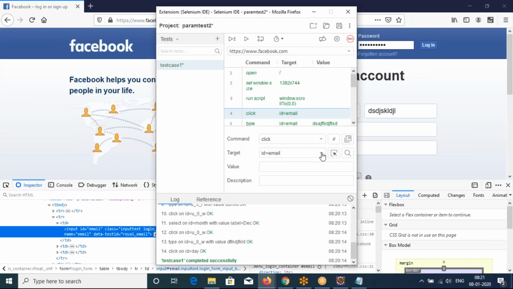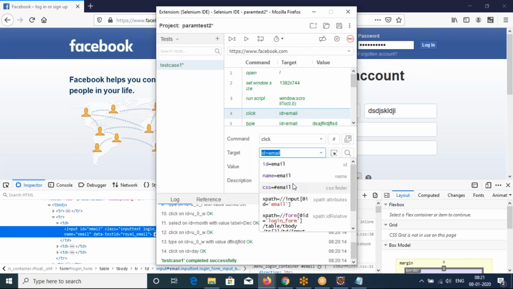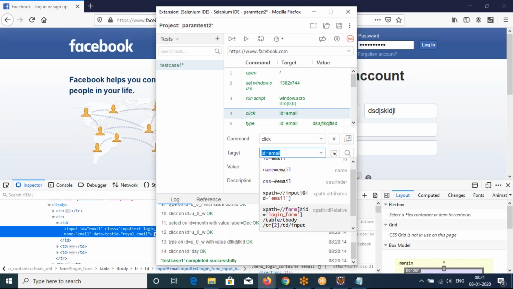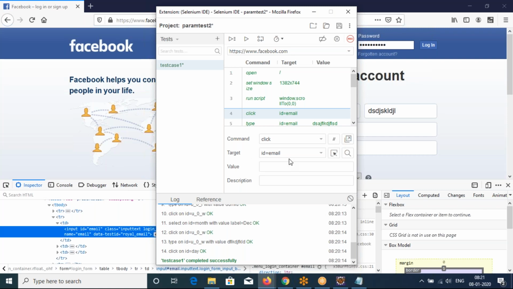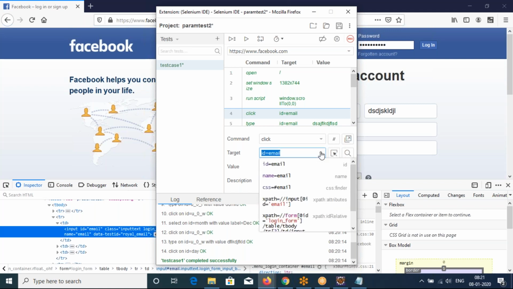So it will have all the properties, like name equal to image, CSS equal to this, XPath equal to this, axis-related XPath is this. Everything will be recorded. Every property will be recorded, which means you can choose anything from here. What is the real-time use? Suppose you did not find any ID or XPath, then you can take help of this.